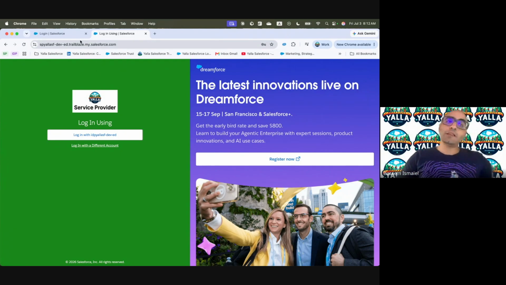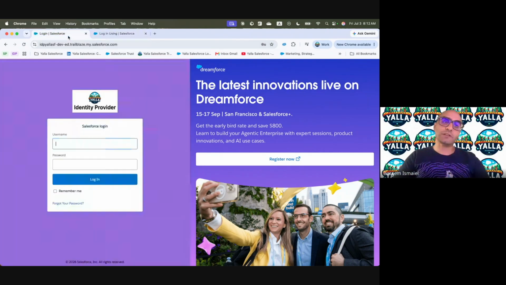You can as well have multi-sessions opening. When you open an instance and you have this URL, it will not allow you to use the same URL for another instance. So if I have this service provider and I have another one called identity provider, but I have two different URLs in here, I can be playing within those two orgs within the same browser. So I can navigate between both of them.